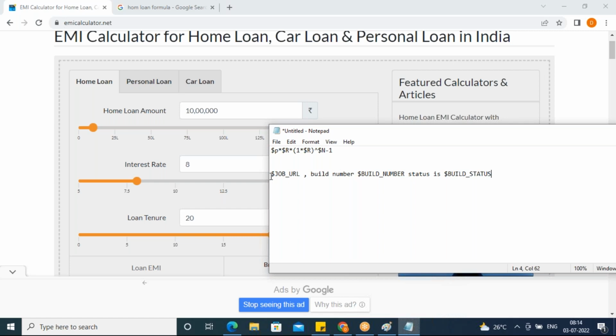So here the job URL will be, guys, how to define this variable I will tell you, but first of all, I'm telling you what a variable is. For every job it is the same message only. We did not create separate messages. Whenever you configure email notification, you get the same email. The job URL will be replaced with that job's URL. The build number will be replaced with the number 11, 12, 13th build, 14th build. Dollar build status means success or failure.